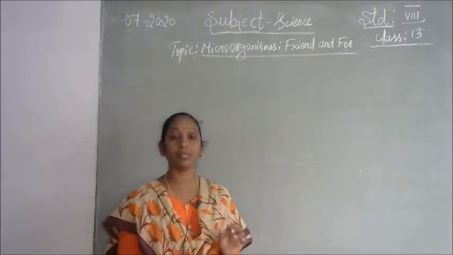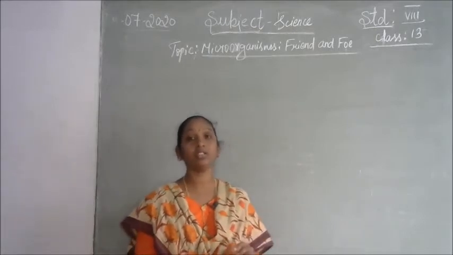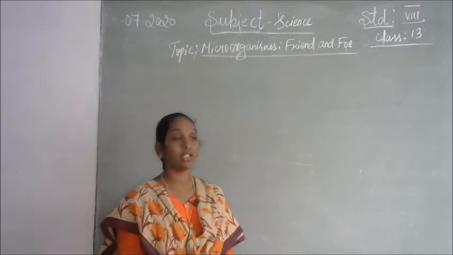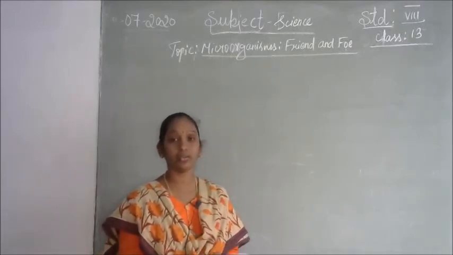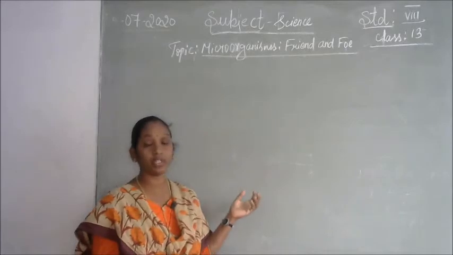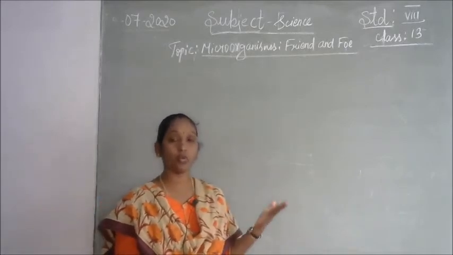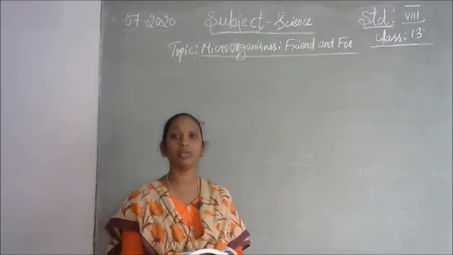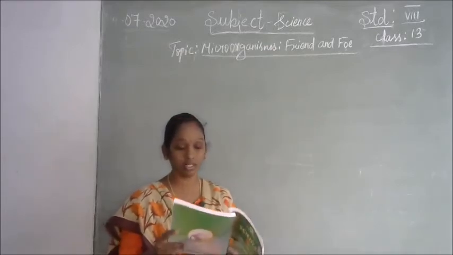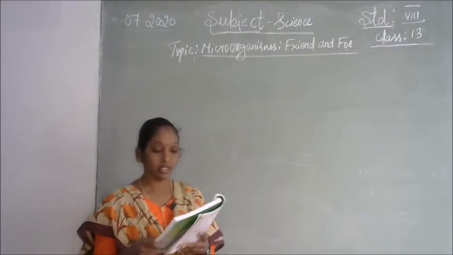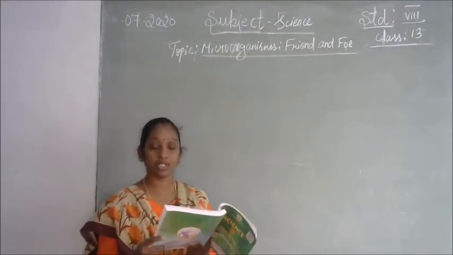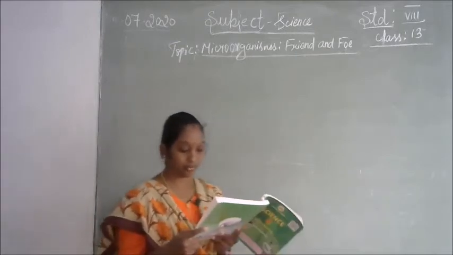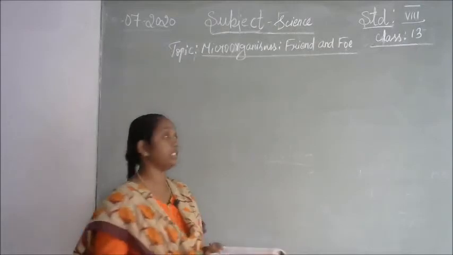Why will disease occur for human beings, plants and animals? Because of contamination of the water, air and food. So water, food and other things should not be spoiled. We should prevent food items and water from spoiling or decomposing. So the related topic is food poisoning. Page number 25, food poisoning could be due to the consumption of food spoiled by some microorganisms.